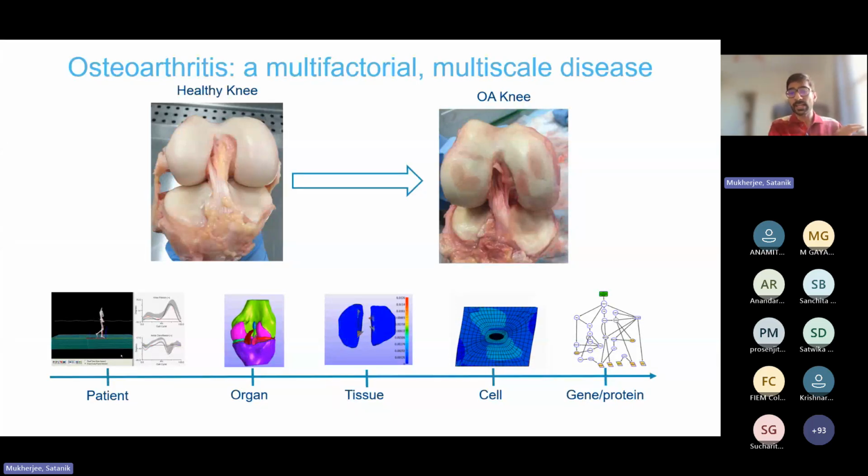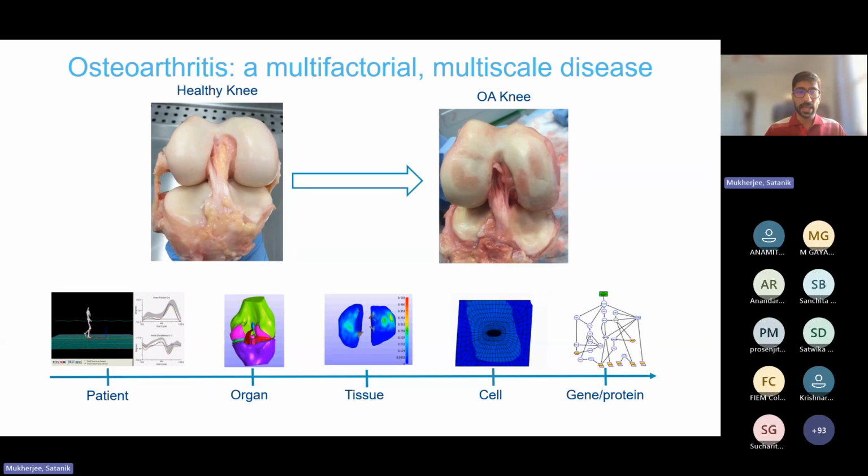So there is this wide range of possibilities across the different length scales, going from a patient level to an intracellular level, that needs to be studied comprehensively to understand osteoarthritis and to find strategies to arrest the progression of